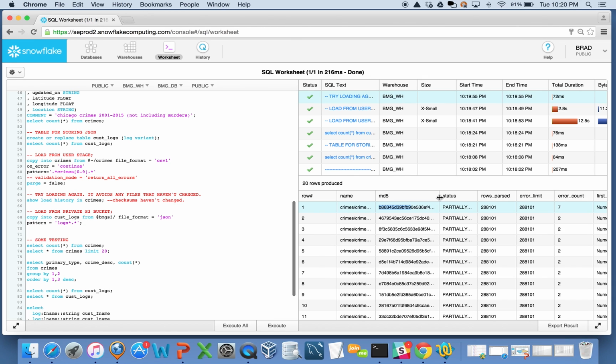So that means if I tried loading the data again, Snowflake is smart enough to say, listen, I've seen this file already and absolutely nothing has changed to it. I've already loaded it, so I'm not even going to bother, and it won't do it again,